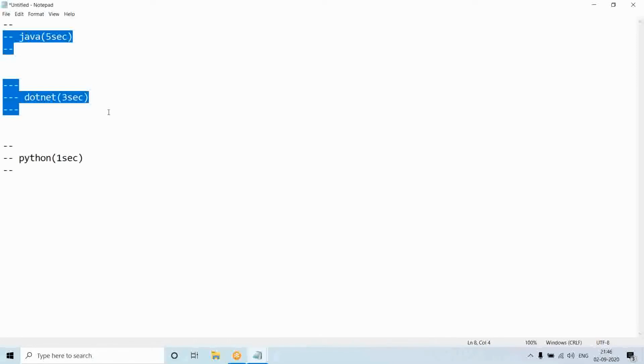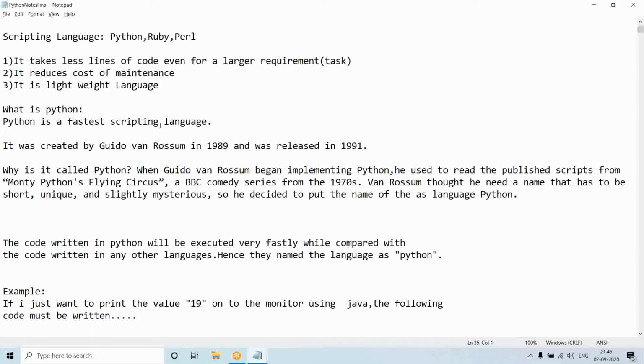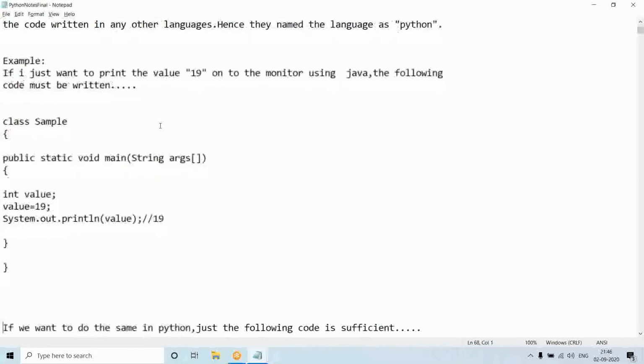But why is it like that? Why is Python so fast in producing the result? Yes, I will tell you the reason. See, I have one requirement: I have to print 19 onto the monitor using a Java program.